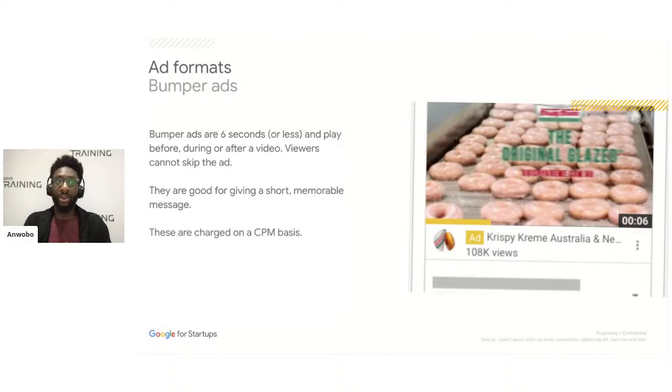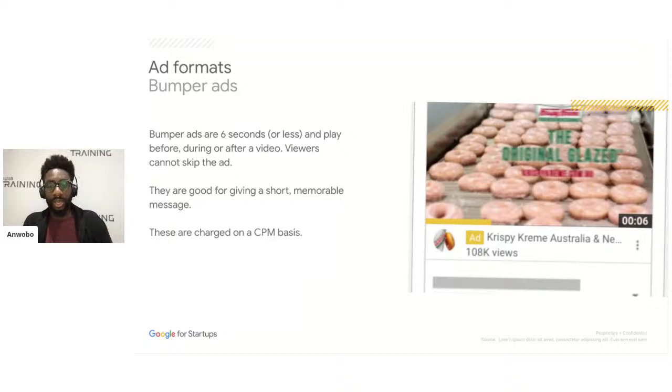Now, bumper ads are great when you want to show a short message to a user, if you want to make an announcement or give users a quick reminder of your brand. Users are unable to skip these ads, and in fact, they are just 6 seconds or less in length. They can't skip them, but of course, they're over in just a few seconds.